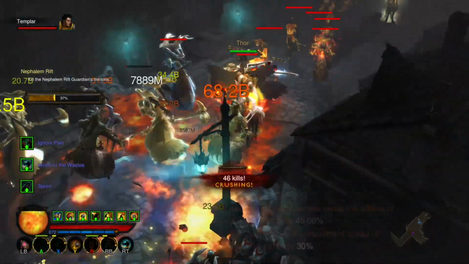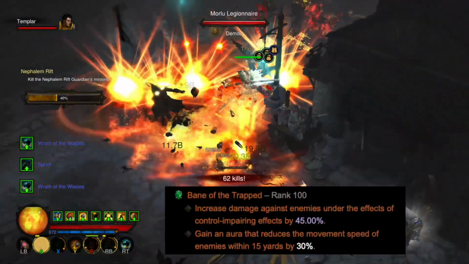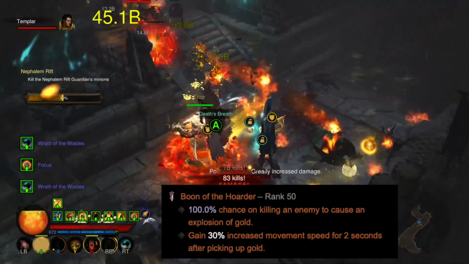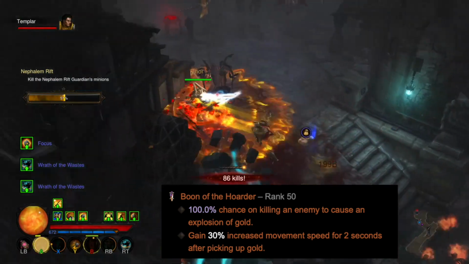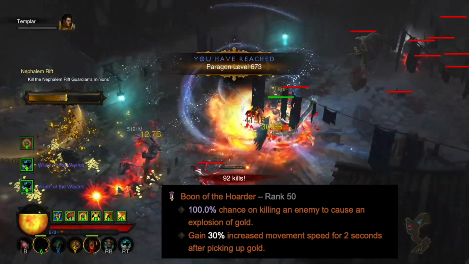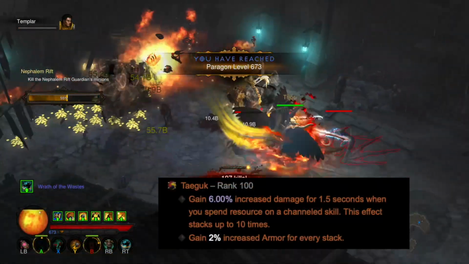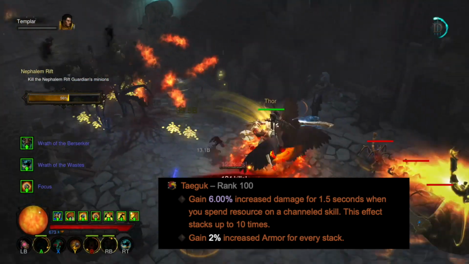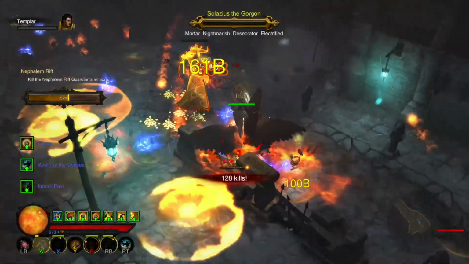In terms of legendary gems, we're going to have Trapped, which is more damage, so the secondary procs the primary. You're going to be taking the Boon of the Hoarder for the gold to make him vulnerable with the Goldwrap and to proc the 30% move speed. And you're also going to be taking a Taeguk, which is just simply more damage, to 10 stacks whilst you're